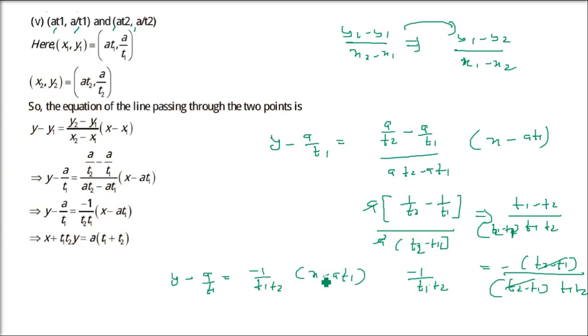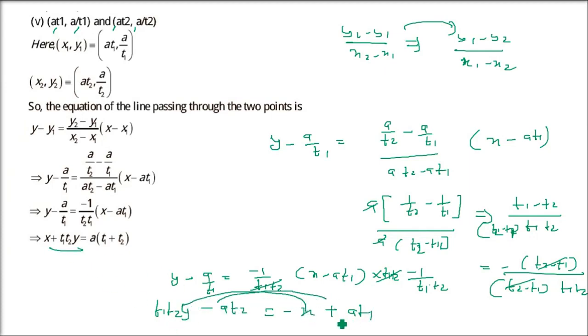Now in this type of case, just multiply T1 T2 to all the members, because all the denominators will get cancelled out. Multiply everything by T1 T2. So y here, T1 T2 will come, minus A T1 T2 divided by T1, that is T2 only remains, A T2. Then you have T1 T2 times, so if you multiply, T1 T2 will get cancelled. It will be minus X plus A T1. Now take X and Y on one side and take A T1, A T2 on the other side.